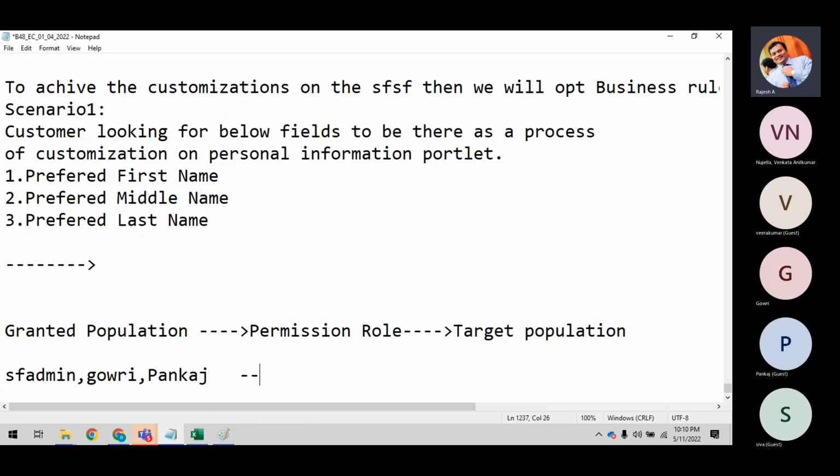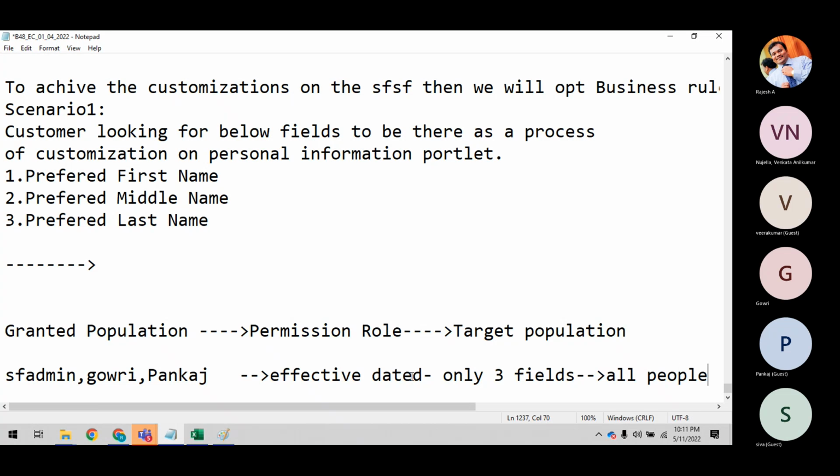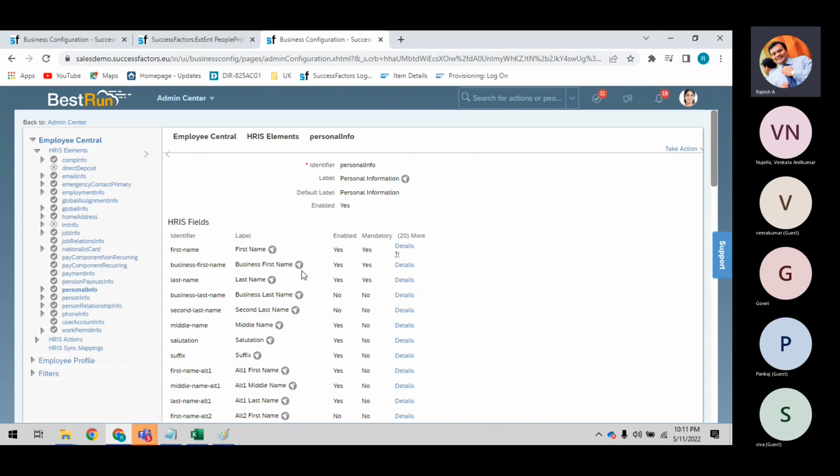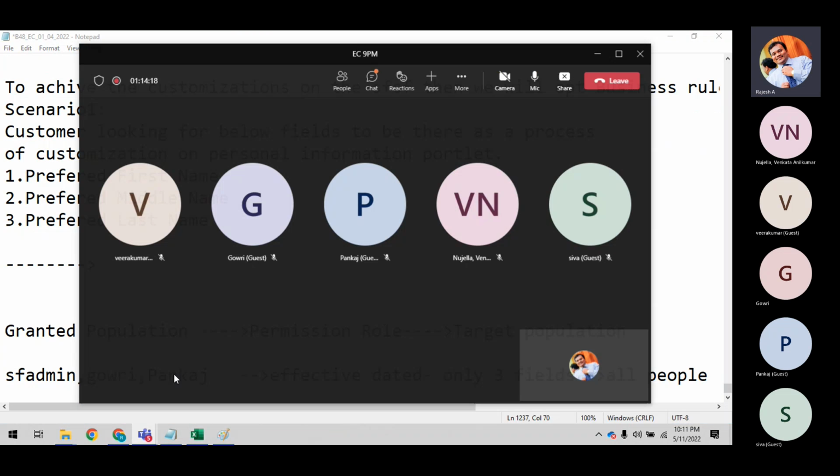And permission role, affected dated entities, only three fields. Target population, all people. Sir, how to achieve this one? Simple case scenario, I'll tell you. How to create, first of all, if you want to give a permission,